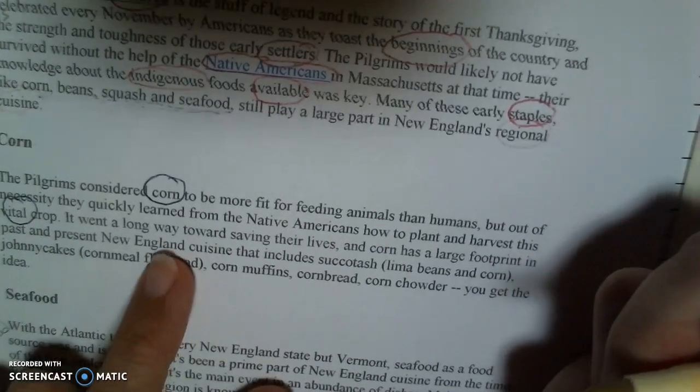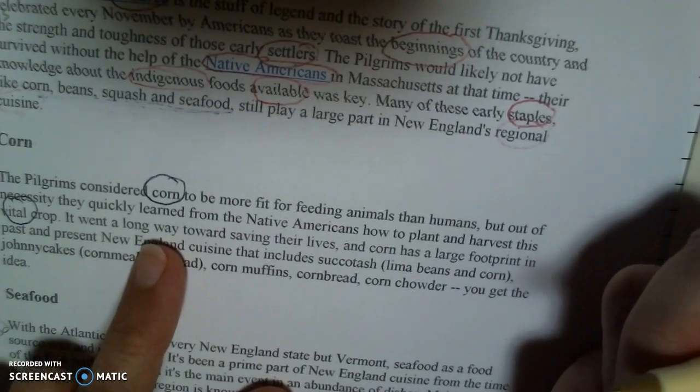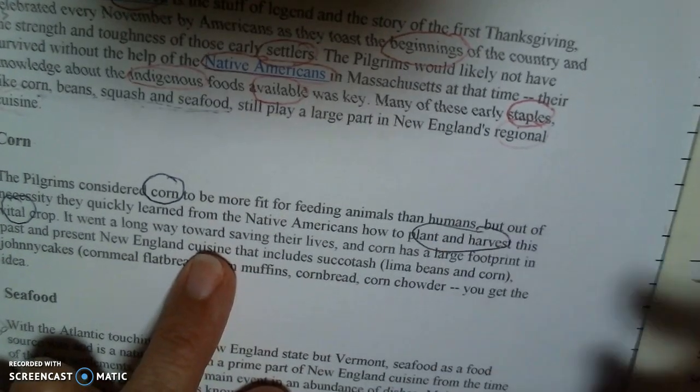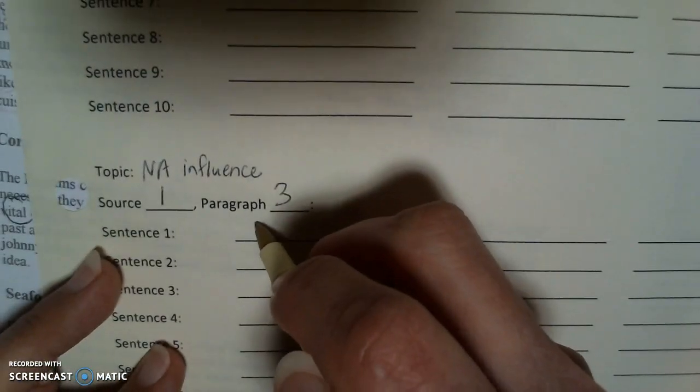What's my third one? Plant and harvest, I think. So when I come here, I'm going to say corn,